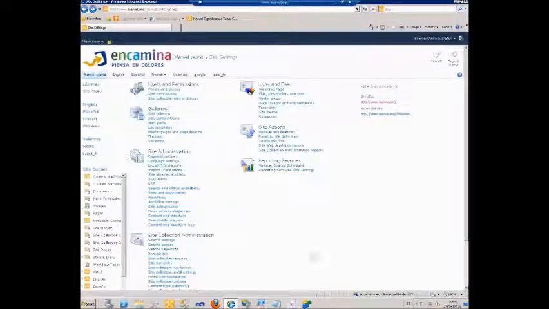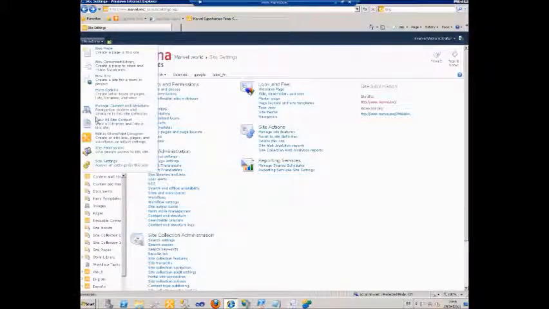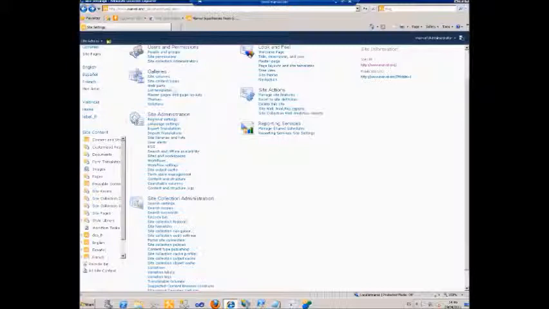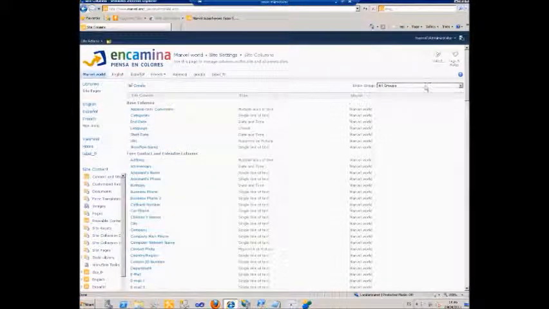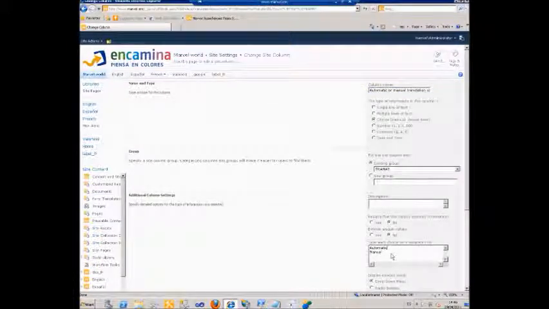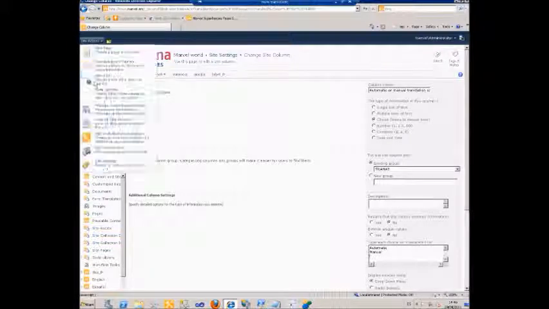Let's go now to the site where we want to use TRAMAT and make sure we are in the settings page. We'll have a look at the items TRAMAT has added to the SharePoint site. We have a new column type in the column section under the group TRAMAT, which contains the translation options, automatic and manual. We go back to settings,